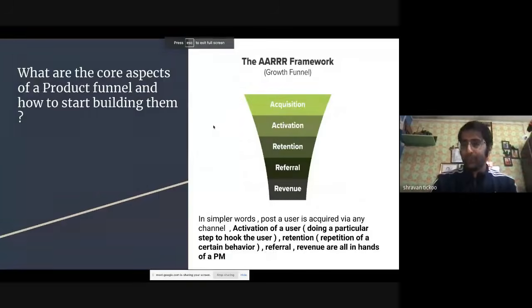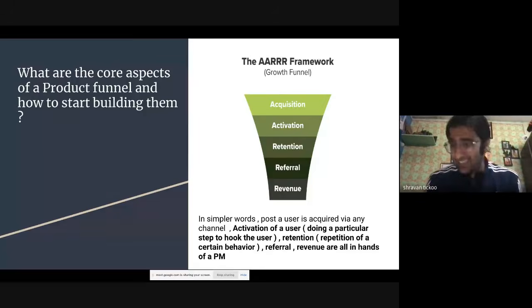So moving ahead, how do you start thinking of building a product? At a very top level, I want to tell you, whenever you think of building a product, you think of 5 steps. The first step is: is there demand, will people come?